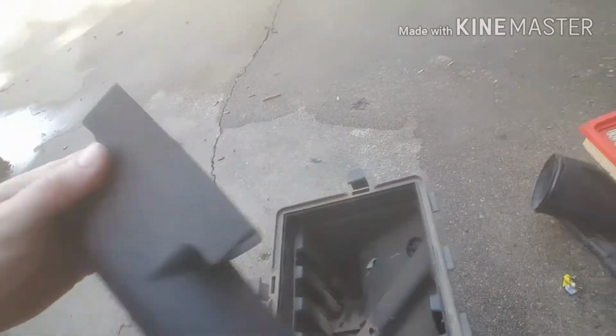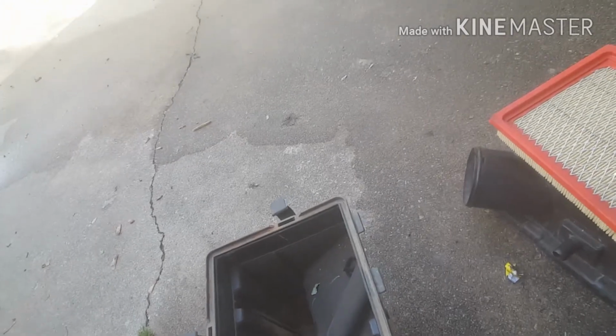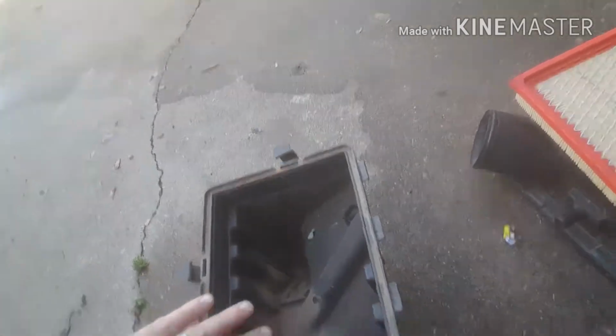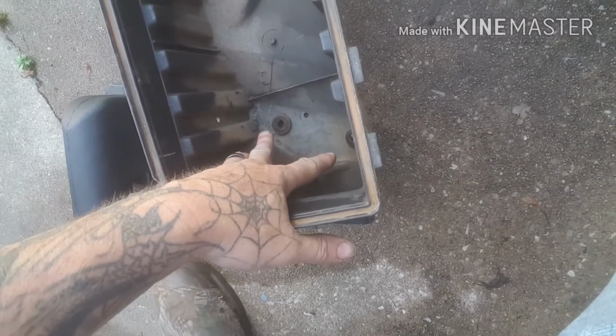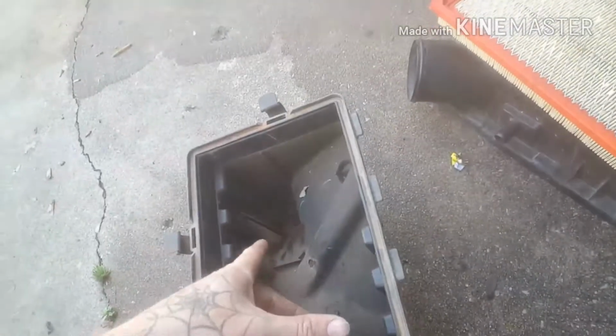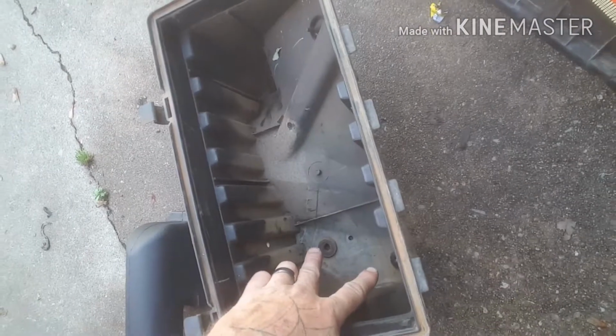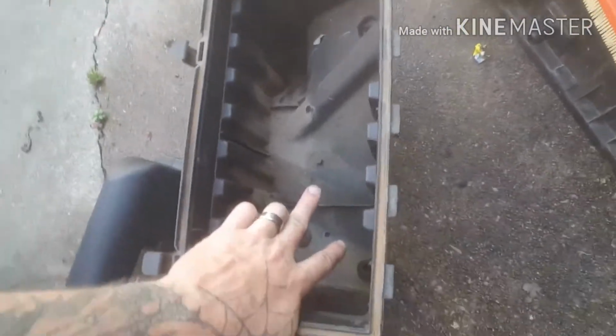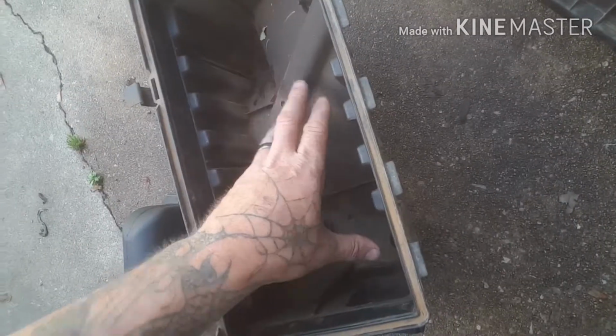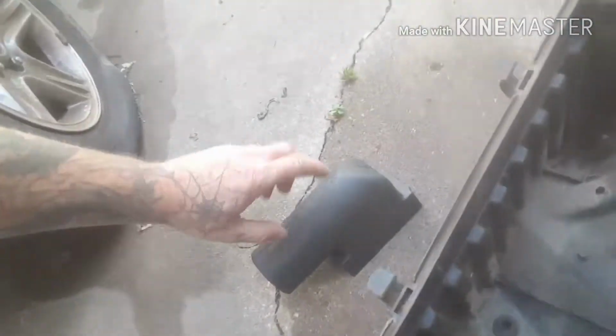What I'm going to have to do, one, I've got 2 broken studs down here, and the third one's crapped, for all 3 of these. Plus, I want to make this sealed up as much as possible, just sealed up good. This piece right here is going to go right here,